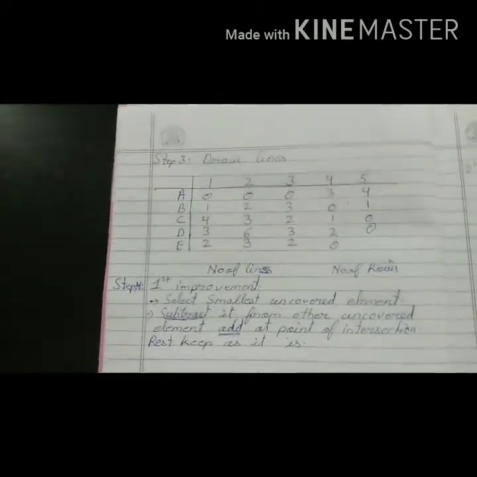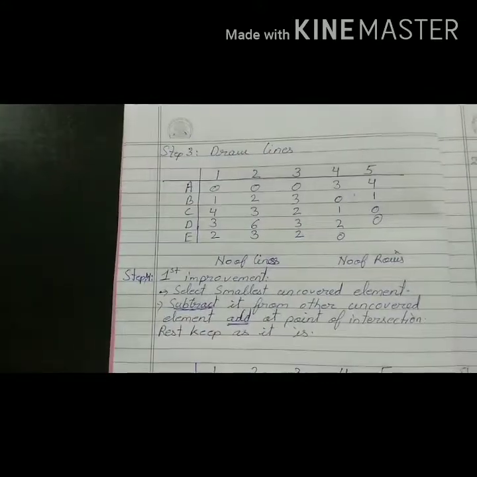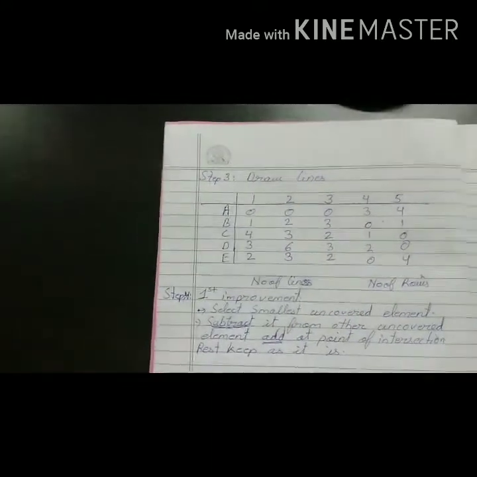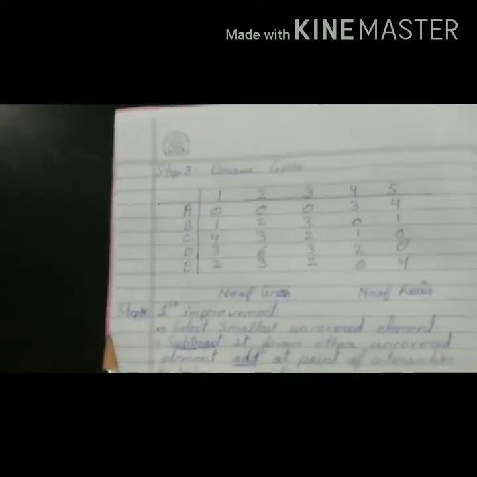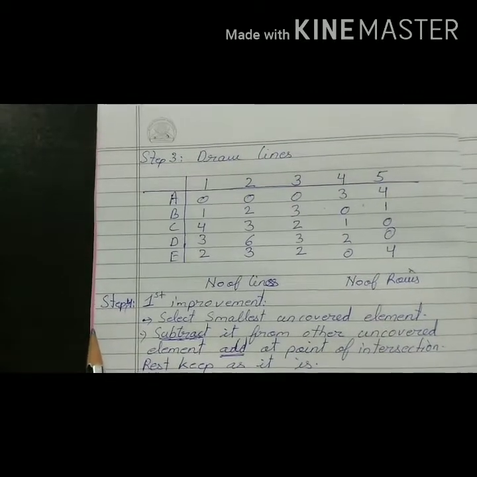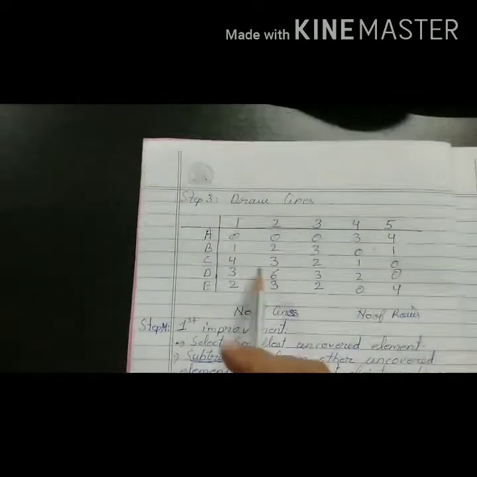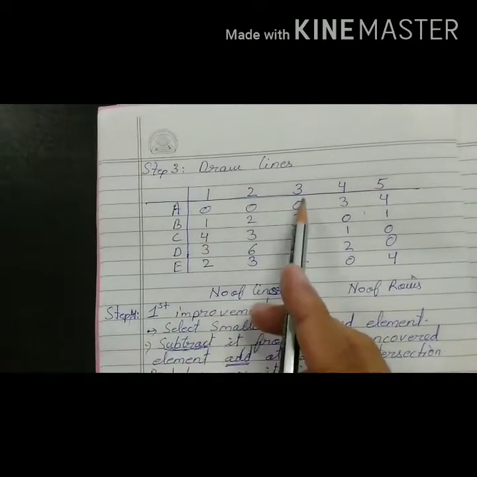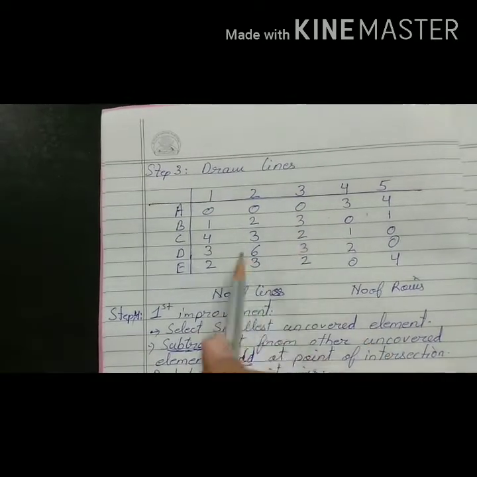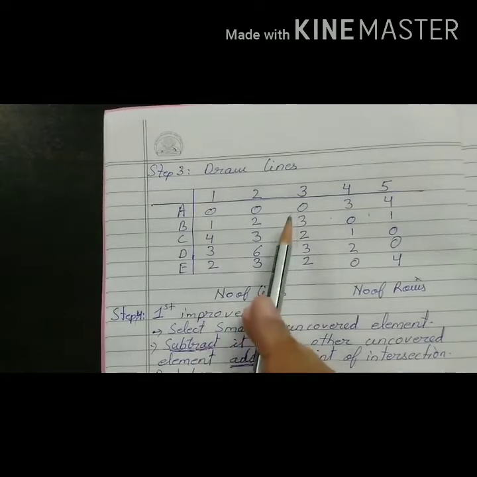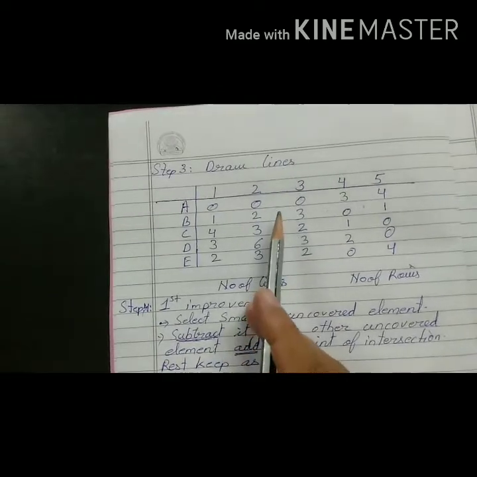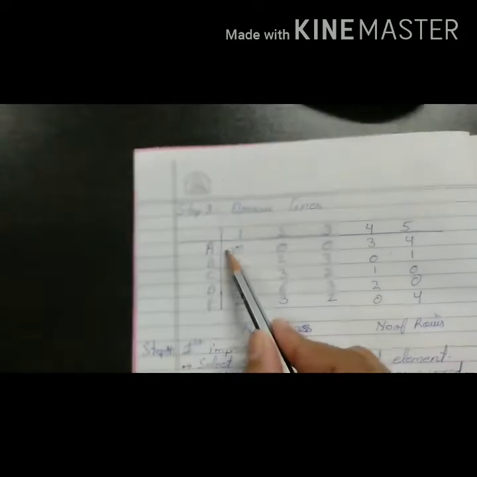Now we got the new matrix. So here we need to draw the lines. This is the new matrix which we got. So while drawing the lines, the first rule is check that row or that column which has maximum number of zeros. First, maximum number of zeros. Now see, row number 1 has 1, 2, 3 zeros. Now we need to check, is there any row which has more than 3 zeros? No. If not any row, then check any column which has 3 or more zeros. No. So this is the only row or column which has maximum zeros. So draw a line over it.